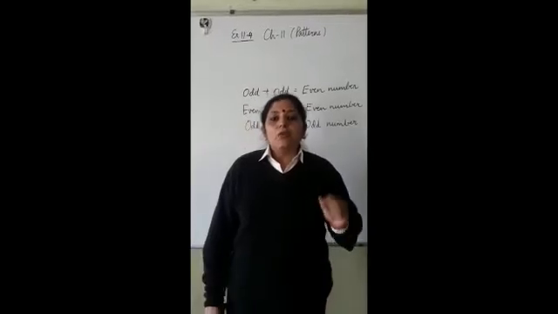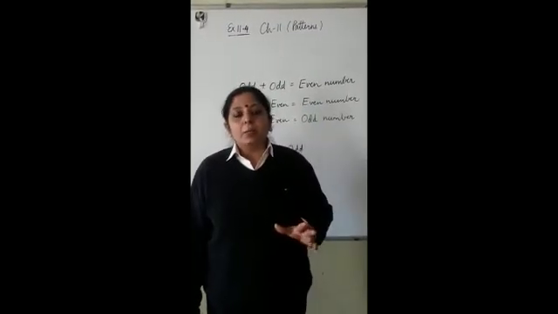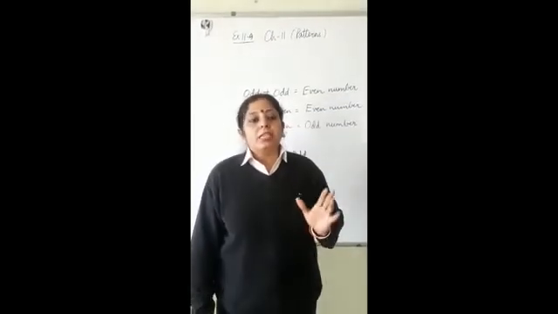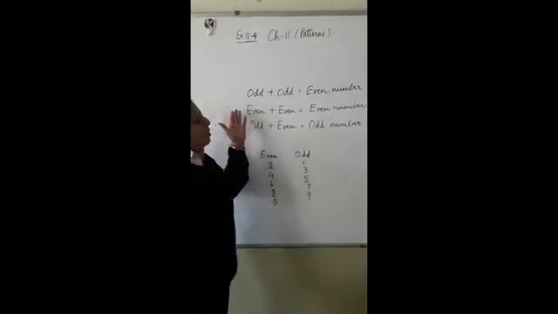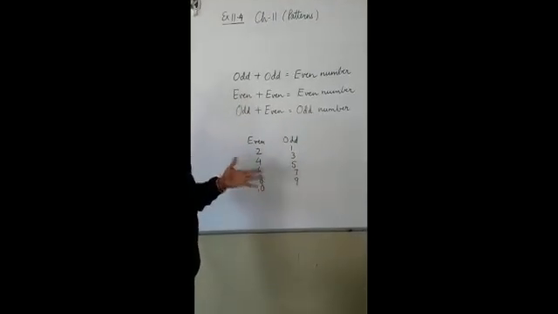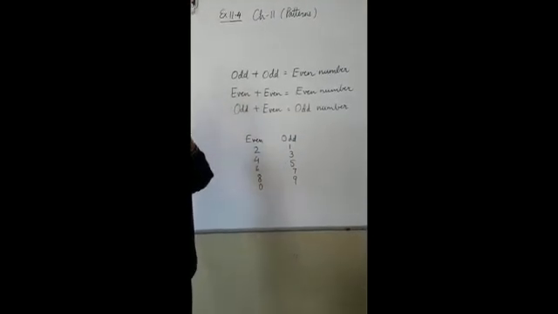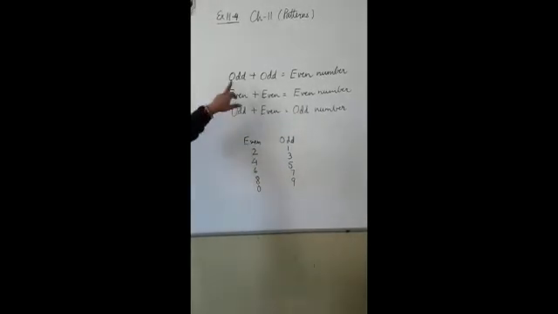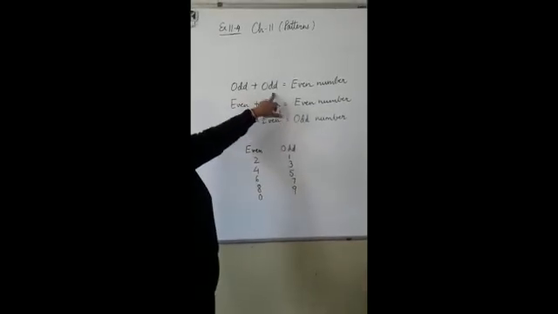So students, now we are going to do question number 3. Fill in the blanks. Before doing that, you need to understand these 3 rules. You have already learned about odd and even numbers in your lower classes, or in the previous chapter also you had learned about odd and even numbers. Now the 3 rules which you need to know to do the fill in the blanks of question number 3 are odd plus odd number.